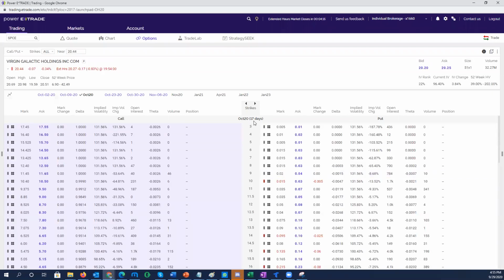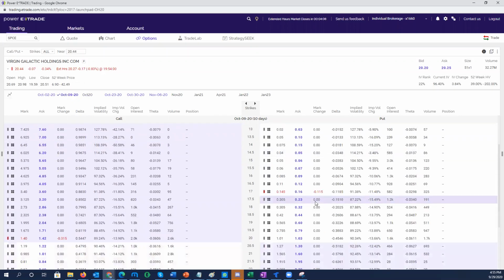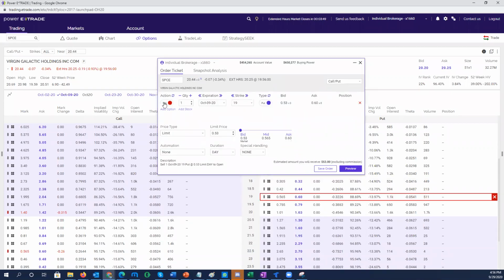This is a 3 week expiration, 17 days. You can also do 8 days, any kind, just select the expiration, and say you want to sell the 19 strike. It is trading at 20.44. You sell this 19 put, that is 0.6. If you sell 5 puts on this one, 5 into 6, suppose, let's see. I select sell instead of buy. That is called selling naked. I don't have any shares, but I'm selling the puts. That is called naked puts. I put 5. How much am I collecting here? $280, suppose 0.6 for 300.